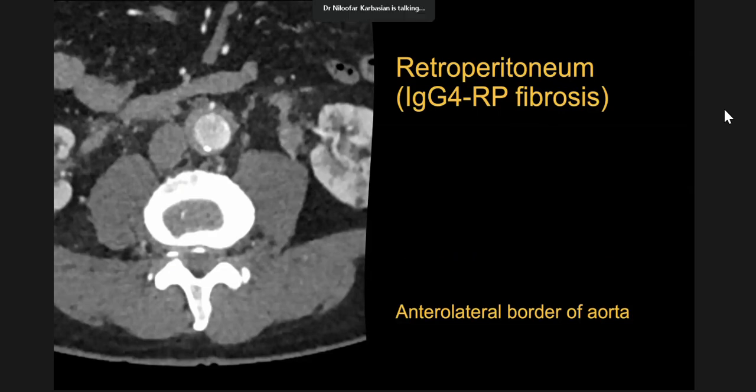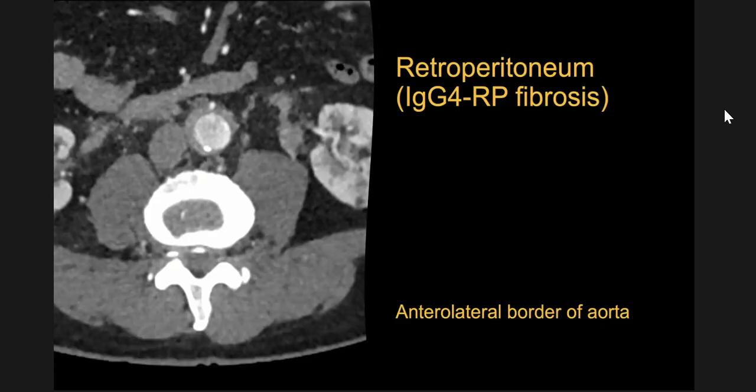This is an imaging example of retroperitoneal involvement, basically RP fibrosis associated with IgG4 disease. The classic teaching is that it usually involves the anterolateral aorta and the posterior border is spared, in contrast to lymphoma, which encases the whole aorta and moves up the aorta. So when the lesion is raising the aorta, it's most likely lymphoma, but if it's not, it's IgG4 disease. Again, it's not written in stone. All of them can do everything, but when you see a lesion that is sparing the posterior,